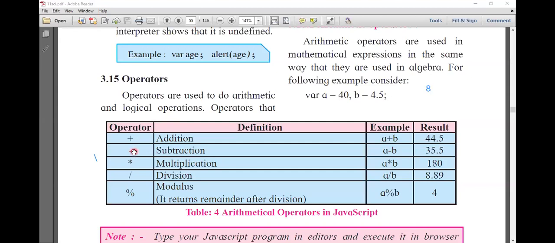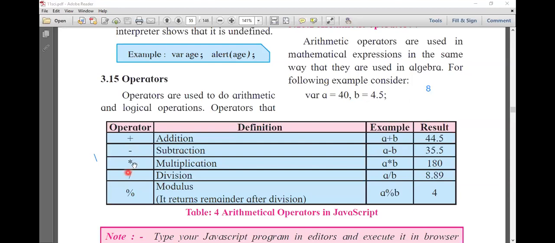Now here is the minus operator. Can you see the minus operator? The minus operator is used for subtraction. If you want to write a subtraction, you write a minus b. When you substitute the values of a and b, you get 40 minus 4.5, that is 35.5. This is the answer when you subtract b from a. So for subtraction we are using the minus operator. Plus and minus are the common operators which we already use in mathematics,